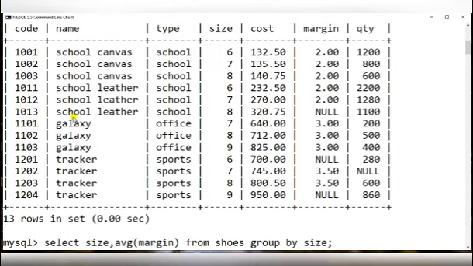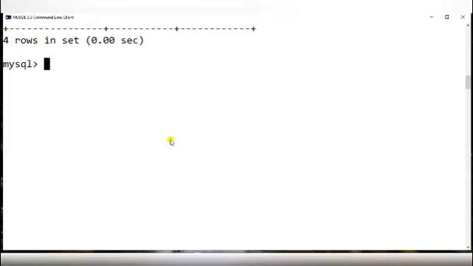Let us see the number of shoes of each type. School shoes 1, 2, 3, 4, 5, 6 we have. Office 3. Sports 1, 2, 3, 4. For counting the number of shoes of each type, we always use count, so we are grouping the data as per type. Count star from shoes group by type.